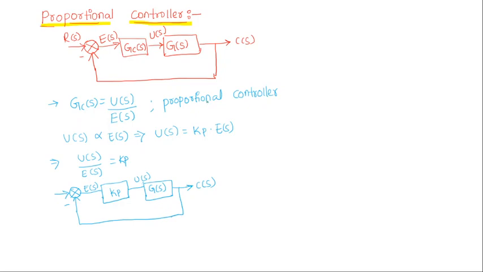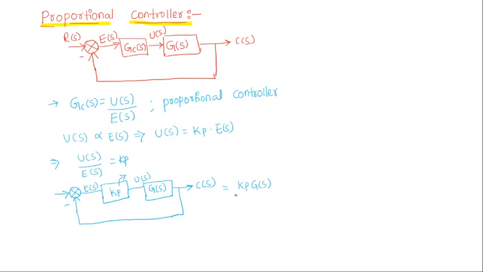If you observe the normal negative feedback system and the negative feedback system with the proportional controller added, the gain Kp is added in the forward path. That means the overall forward path gain becomes Kp into G(s). If you don't have this controller, the gain is G(s) only. If you have this controller, the overall gain is increased.